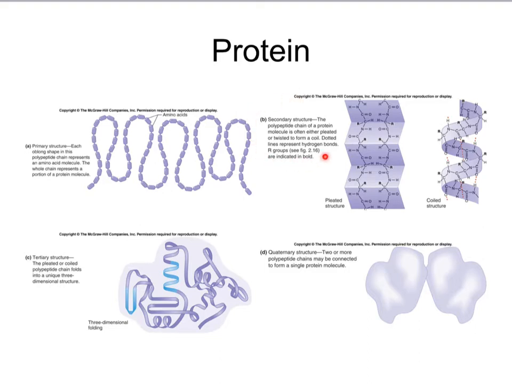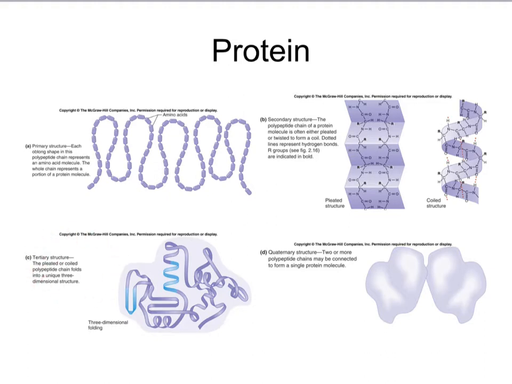Following that, we end up with a secondary structure. If you remember those functional groups, those side elements on those molecules can affect very weak forces and cause that molecule to coil, or in this case, pleat, like a folded piece of paper, causing that structure change we call a secondary structure. Next, we have this tertiary structure here,